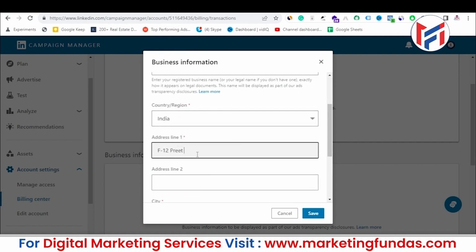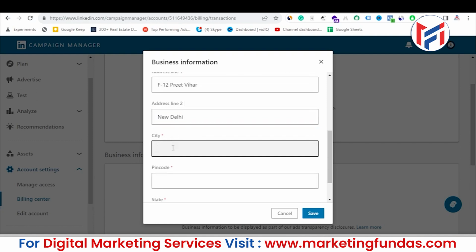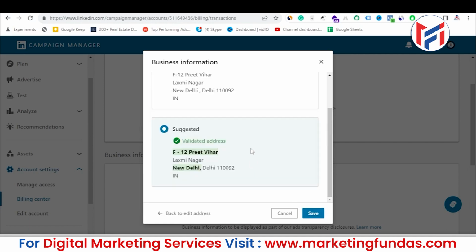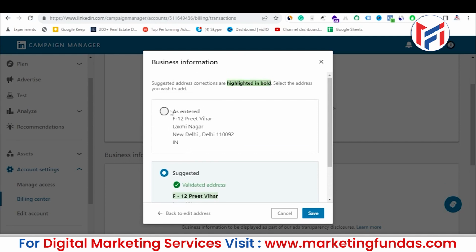F12, I'm adding the address, Delhi, then postal code, then state, and this is the business information. Hit the save button. Once the business information is set,